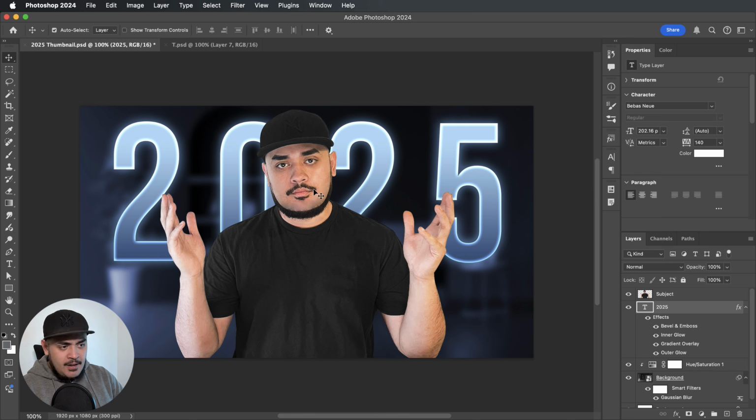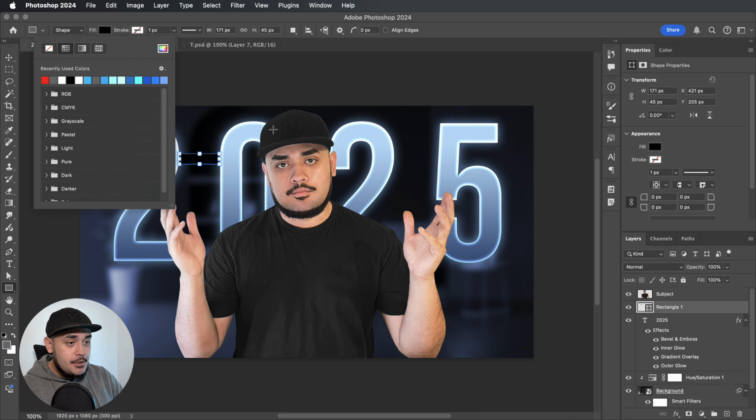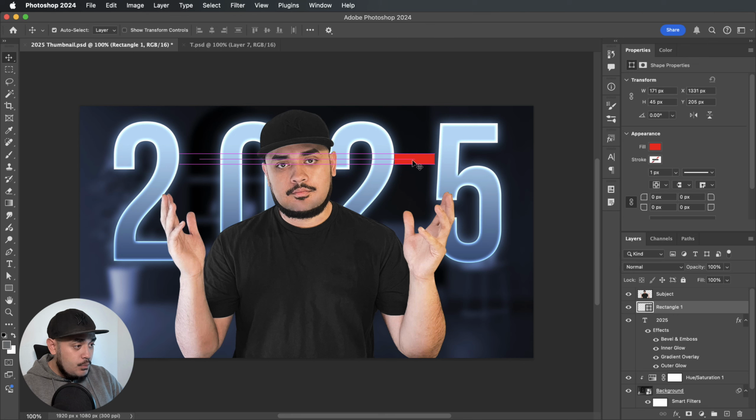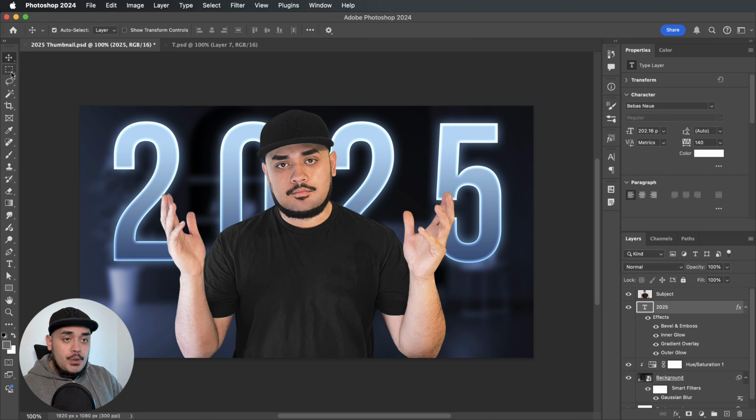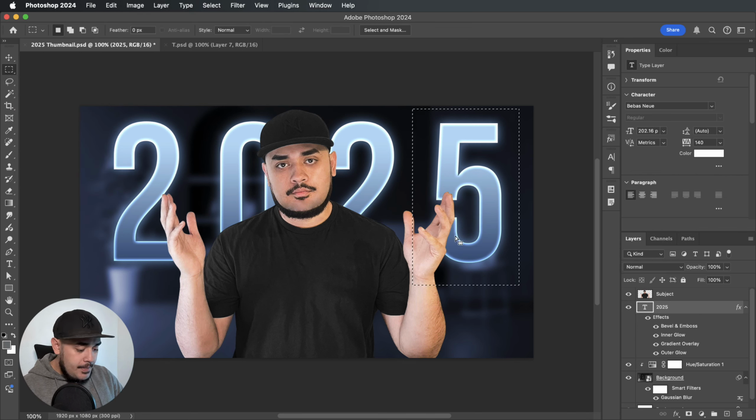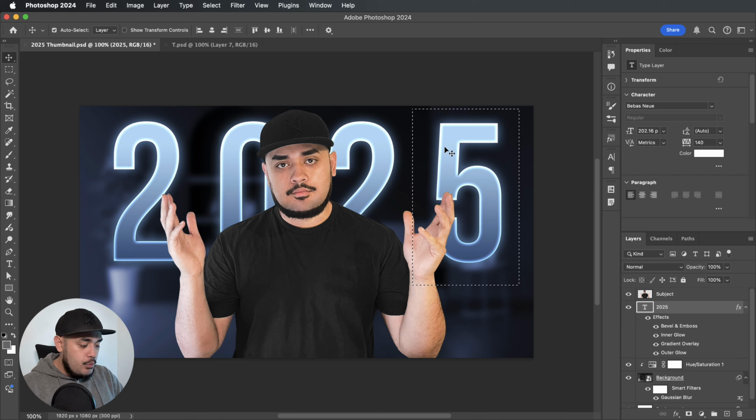So what we can actually do, just to double check and confirm, is just create a rectangle. So let's just quickly do this and just fill it with red, press enter, and I'm just going to move this over here. As you can see, we have a bit more negative space here, so we can bring this 5 more to the left. I'm just going to delete that, and I'm now just going to click on the marquee tool, and I will just drag over the 5 like so, and then press V for the move tool, and we will just move